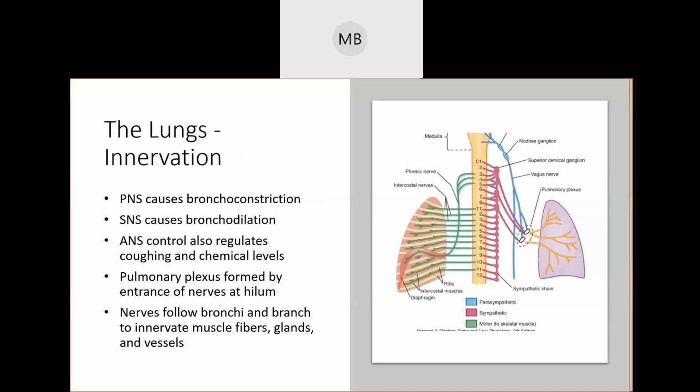Objective number 18 is explain how the nervous system controls respiration. Objective 19 is explain how arterial pH, arterial partial pressures of oxygen and carbon dioxide, lung reflexes, volition, and emotions can influence your respiratory rate and depth. So we're talking about the different things that can control your respiratory system and how they control it, right?